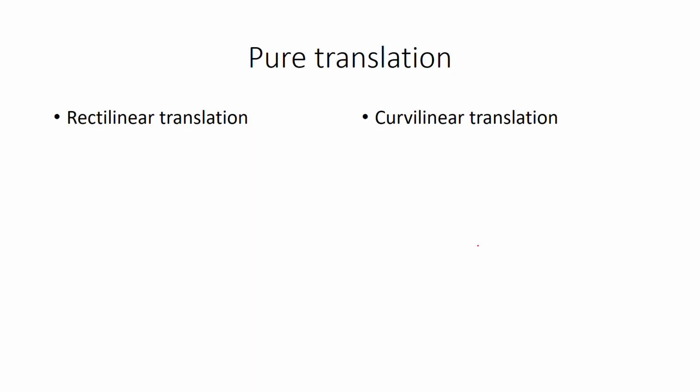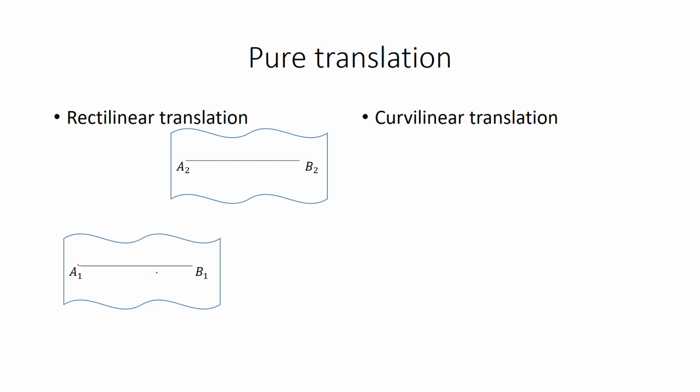First we will discuss what is pure translation, because once we know the translation then we can know the rotation. I will briefly go through rectilinear translation and curvilinear translation. So in case of rectilinear translation, if we consider 2 points A and B on a body and we join it with a straight line, then the length of this straight line must be constant, and that is the definition of a rigid body. And if this body makes any